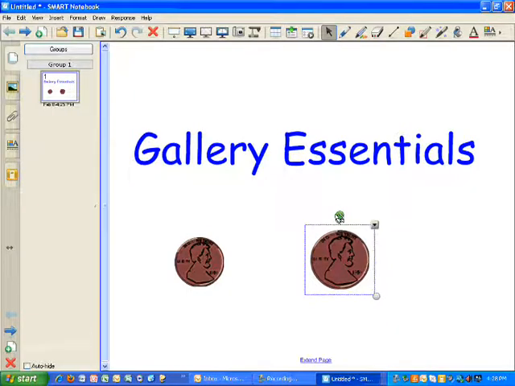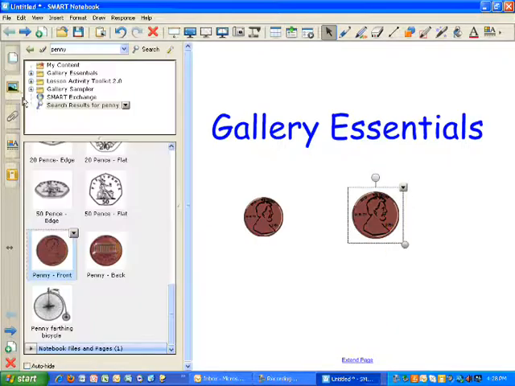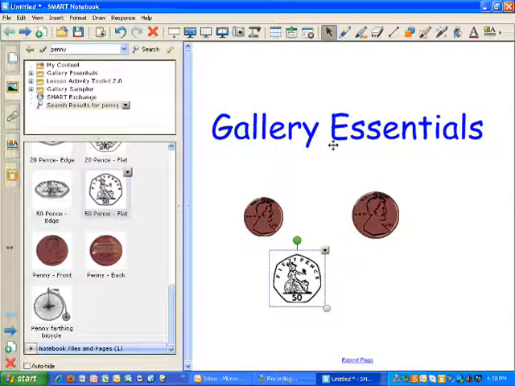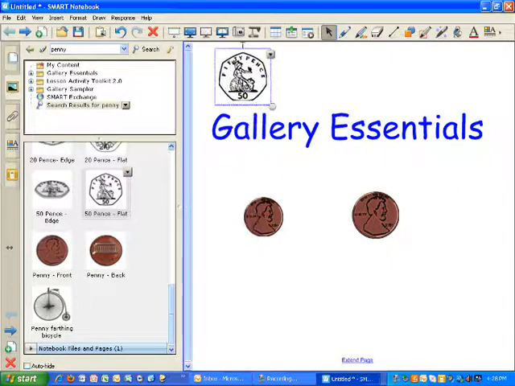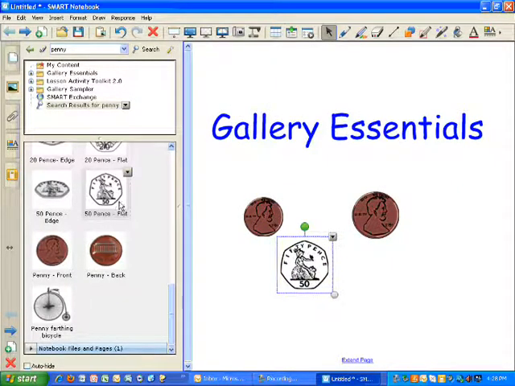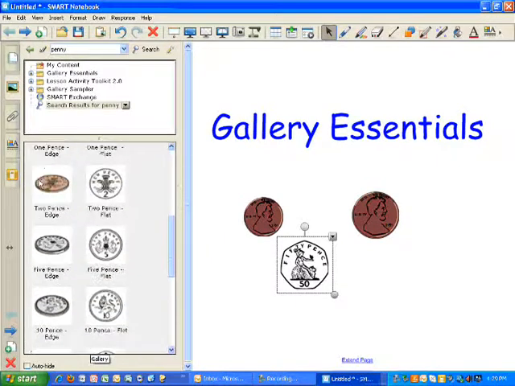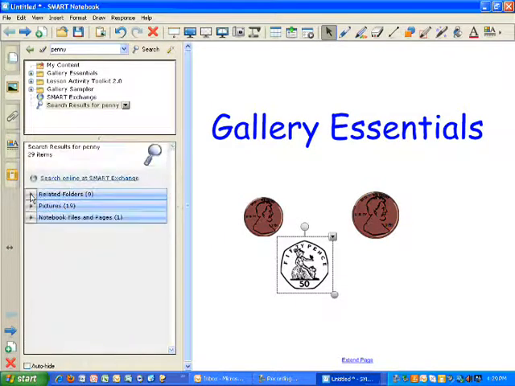So again, that's just how you would insert a picture. Whatever the picture is that you want to insert, you're just going to click and drag it into the screen area that you want. Once it's onto your lesson plan, you can move it to where you would prefer it in your lesson. To insert an element that is interactive for the students, that's going to be something that's